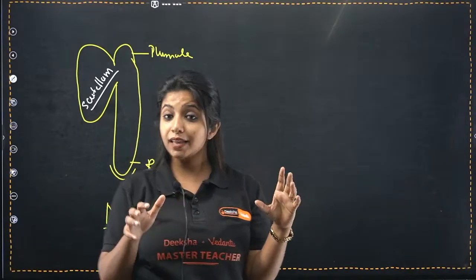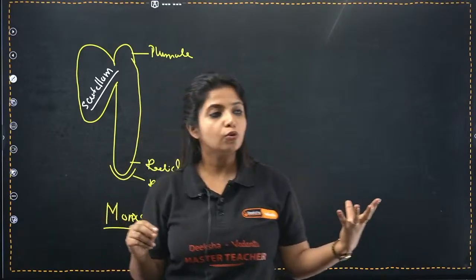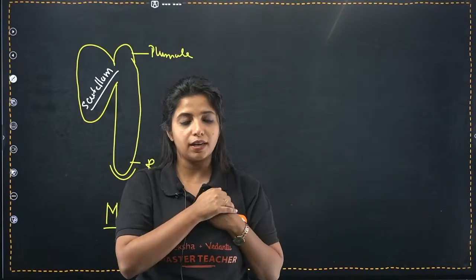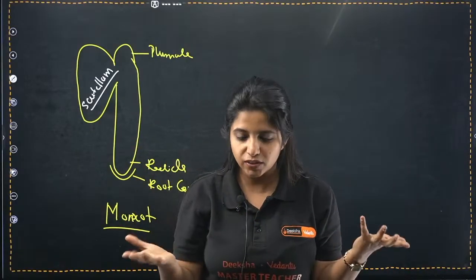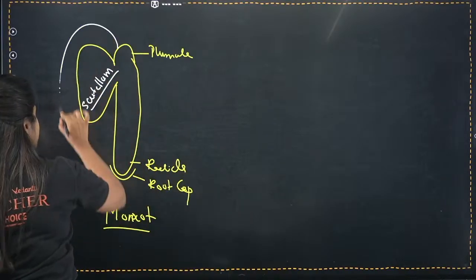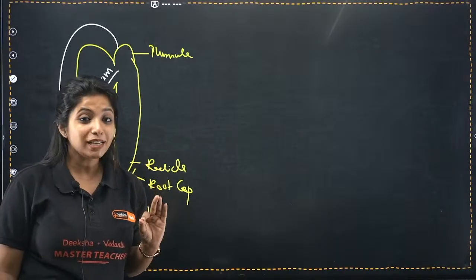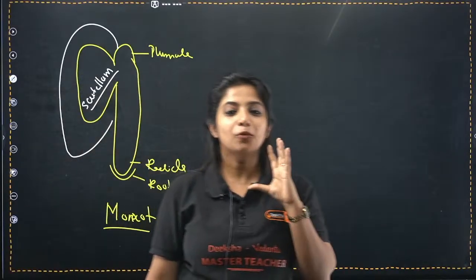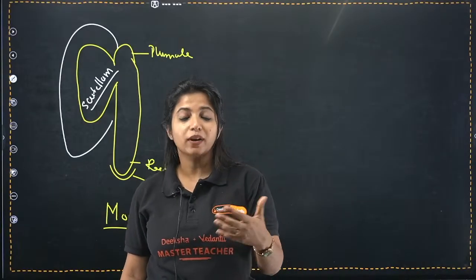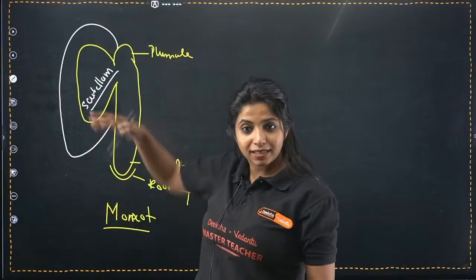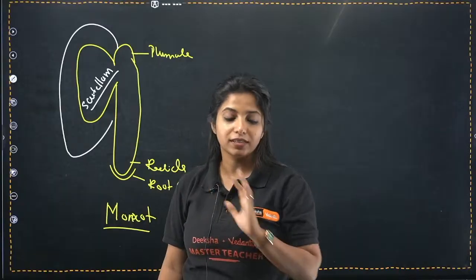So, ma'am, you are saying that in dicots there are two cotyledons, and in monocots there is only one cotyledon. In dicots they made the two cotyledons with the help of the total endosperm which was there. So in this case, since they are just making one, there should be some endosperm left behind. That is the logic, right? Yes, and that is the logic. There will be some endosperm left behind. That's why I said that mostly monocots are the ones where you will have endosperm left behind. That's why they are known as albuminous seeds. So the seed has this embryo, and this embryo has little endosperm left behind. That is why you call them albuminous seeds.